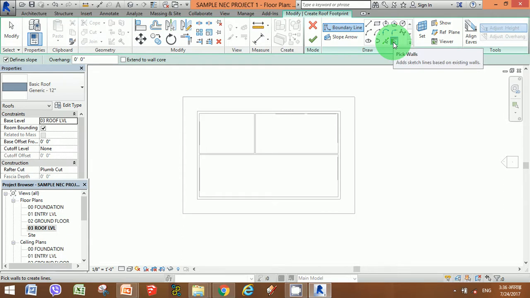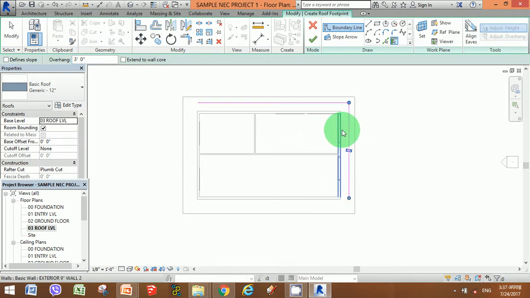just select the pick walls tool here, and here you have the define slope tab. Deselect this define slope tab. If you select it, the elevation of the slope would be a different kind of view. So what we do, we just add a customized type of roof view over here. We pick walls from this one, have the overhang of I think 3 feet. Pick walls, and we go with the same directions. Now going through with the clockwise direction.